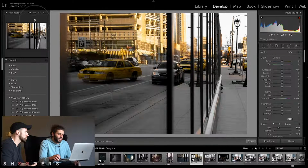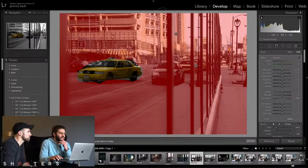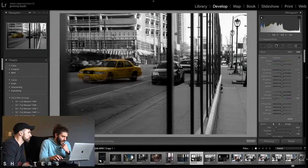So I'm going to get into it. As you can see, some of that orange and yellow is still staying a little bit back there. But basically, I want to go over this entire photo so I have no color kind of popping through. So as you can see, I've gotten everything right around the car. Now I kind of want to get in a little closer to the car so that I can literally take out all this yellow back here